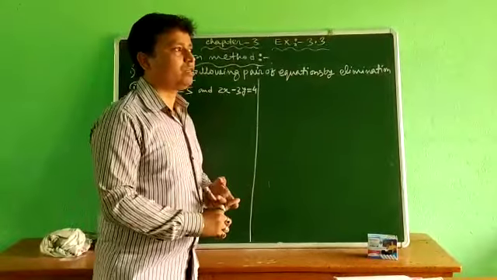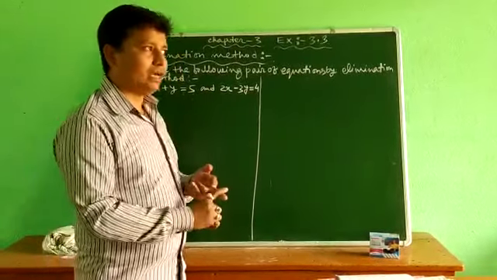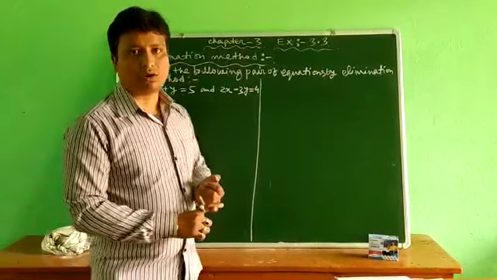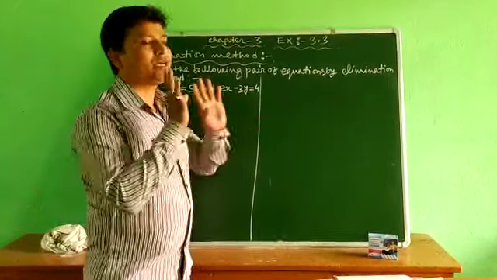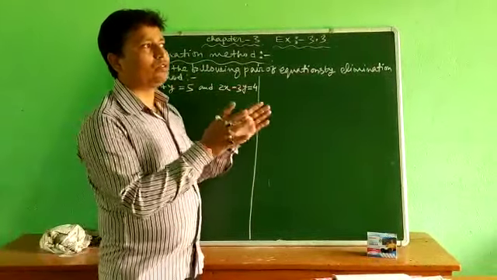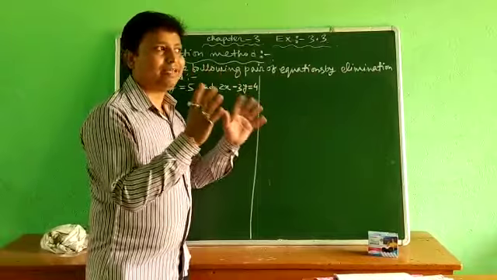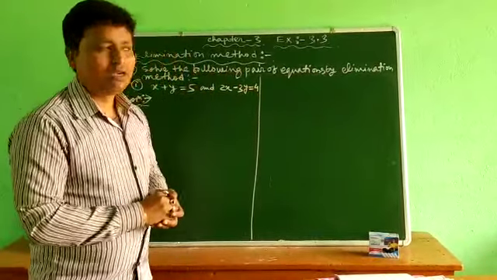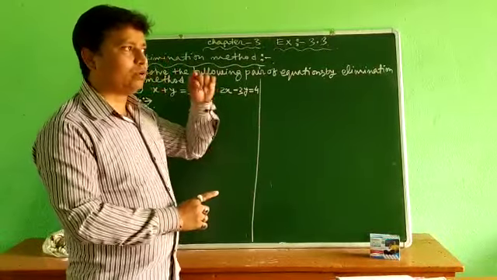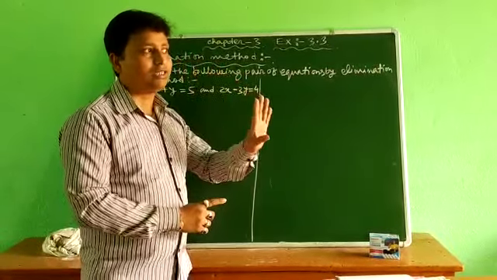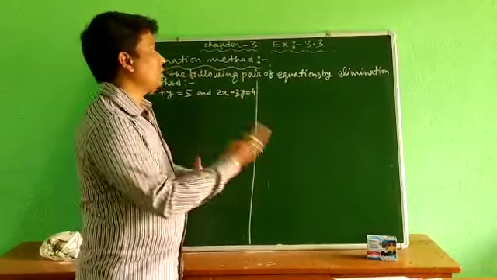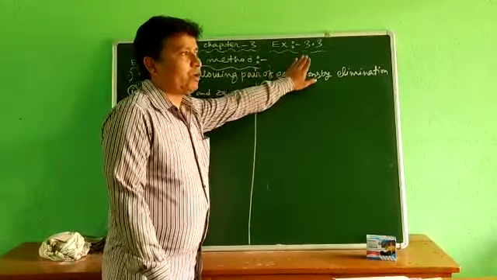So already we know a pair of linear equations we can solve by three methods. Number one is substitution method, number two is elimination method, number three is cross multiplication method. Substitution method already taught. And consistency rules wise, that table is already given, you have written it in your copy. So first of all, you read that consistency rules table. Okay, then you proceed to exercise 3.3.